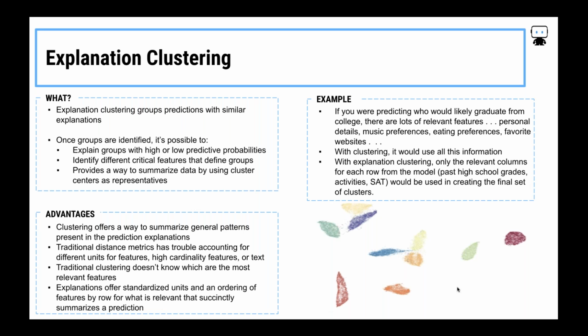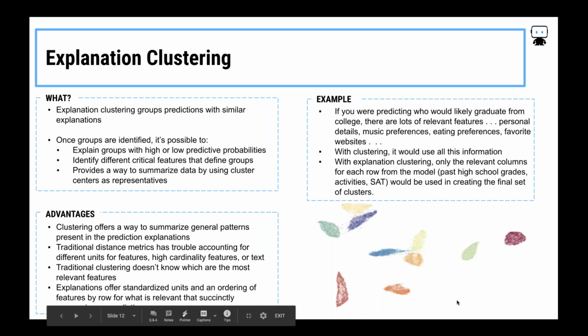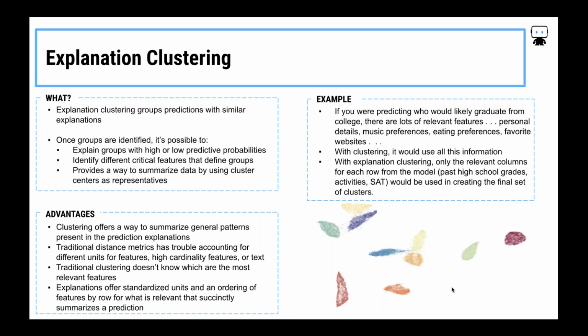So what do I mean? When we talk about explanation clustering, what's really going on? At the simplest level, we're just clustering groups of predictions that have similar explanations. And the intuition is that while the explanations themselves really help us at the record level, clustering them helps identify groups of features or patterns that summarize entire probability groups. Importantly, we also base it off of information that's the most predictive for that group, and like Rajiv mentioned, not just correlated or related to other features nearby. So what you end up with is a way to summarize different segments of our lift chart using the cluster centers as representatives.